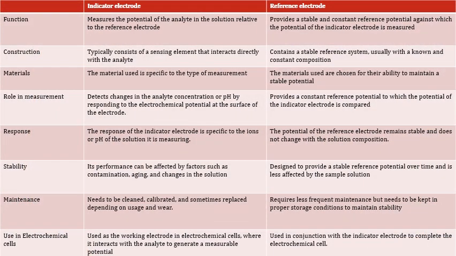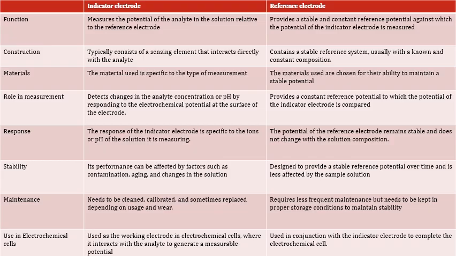Indicator and reference electrodes are both crucial components in electrochemical measurement, but they serve distinct roles in the process. Here is a detailed comparison. When you talk about function, the purpose of the indicator electrode is that it measures the potential of the analyte in the solution relative to the reference electrode. The potential measured is indicative of the concentration of the specific ions or the pH of the solution. For example, a pH glass electrode for measuring pH, or an ion selective electrode designed for specific ions like sodium, potassium,